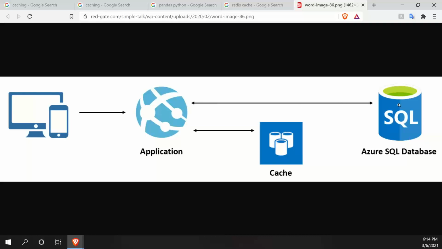The first time, I'm going to go to the database and store this information in a cache. You can assume that the application and cache are sitting on the same machine, not on a different machine somewhere else. But the database is on a different machine somewhere else. I mean, the cache can also be on a different machine, but most of the time it's sitting on